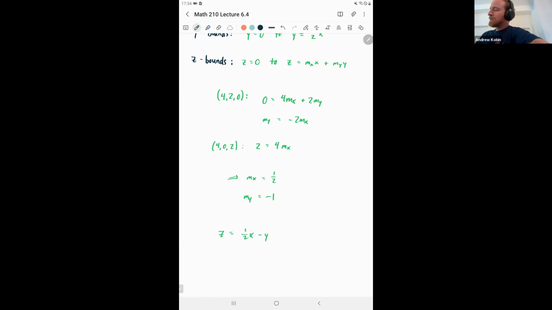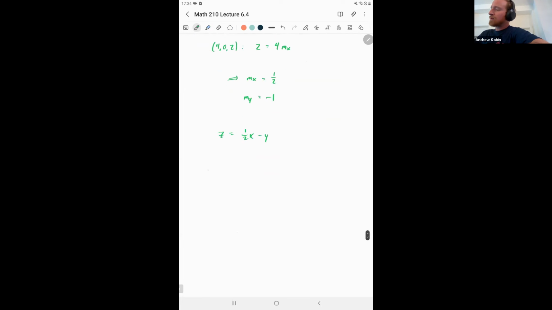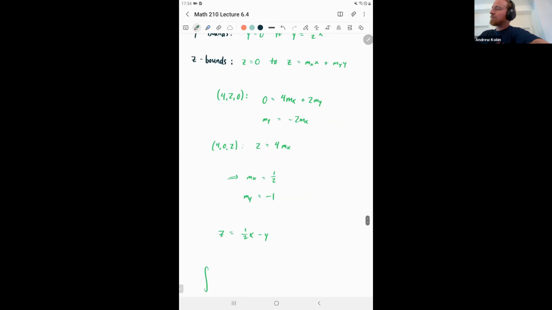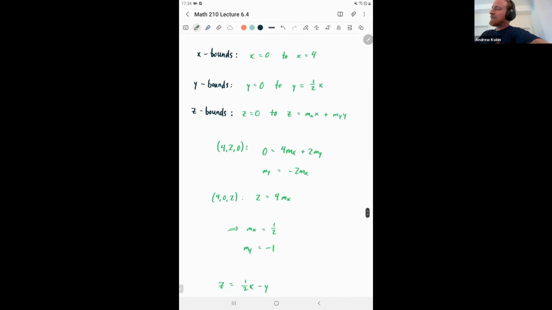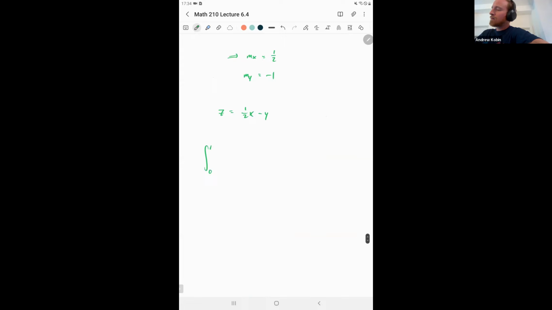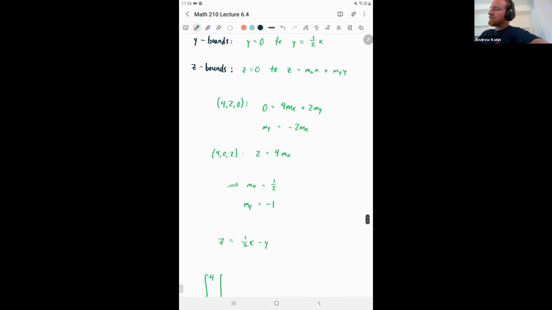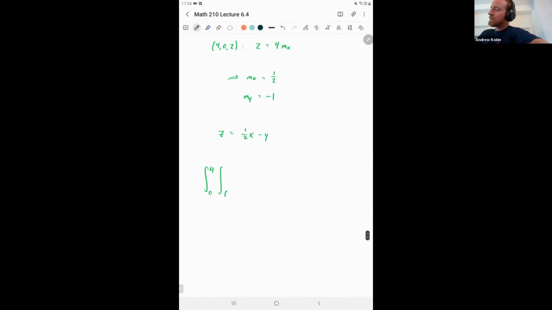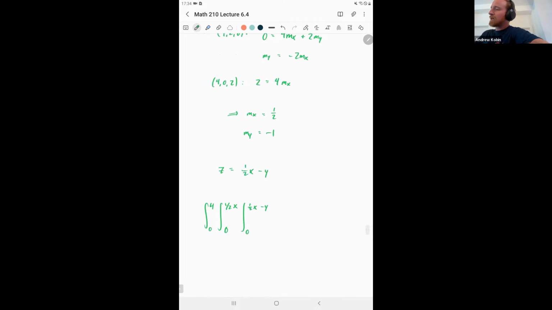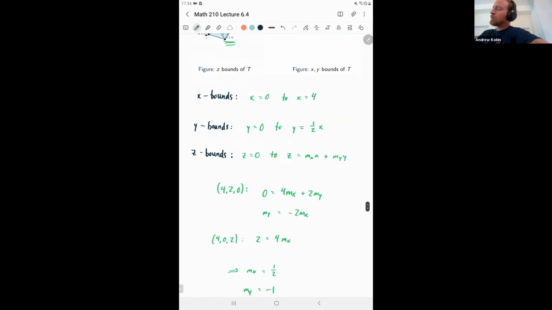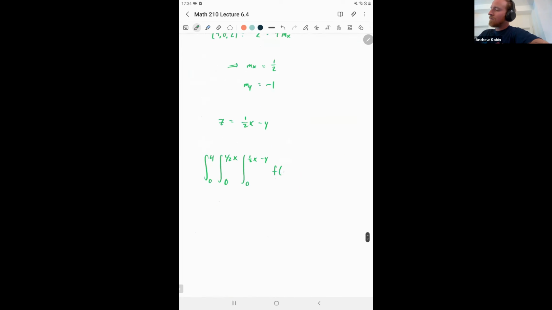Let's see if we can write down the triple integral describing this entire problem. The x bounds on the outside will go from 0 to 4. The y bounds, we said, went from 0 to 1/2 x. The z bounds, now we're from 0 up to a multivariable function, 1/2 x minus y, and the function was unknown. Who knows what it is? F of x, y, z, dz on the inside, dy,